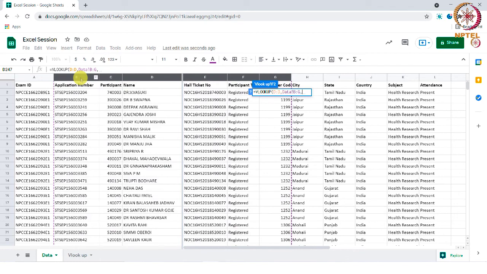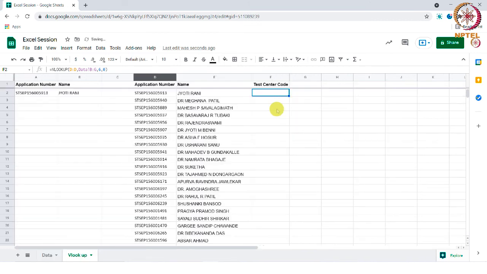Comma, count the column number. Range for output, we need 1, 2, 3, 4, 5, 6. So enter 6 followed by comma. Then enter 0 for exact value and finally tap enter. We have got the test center code also.